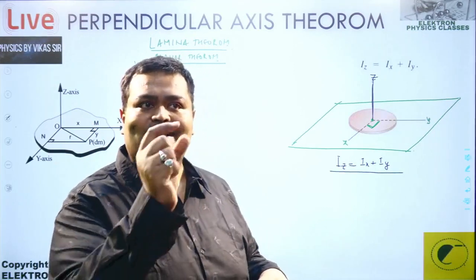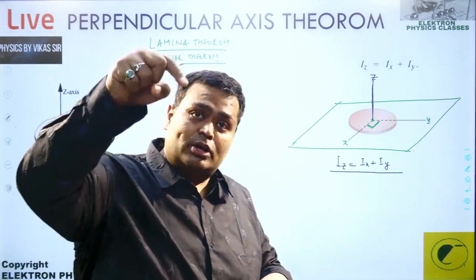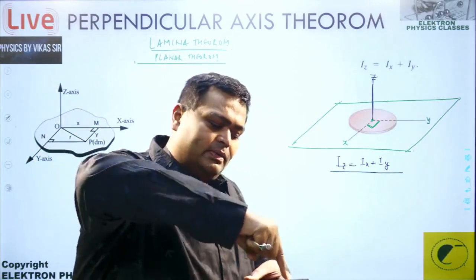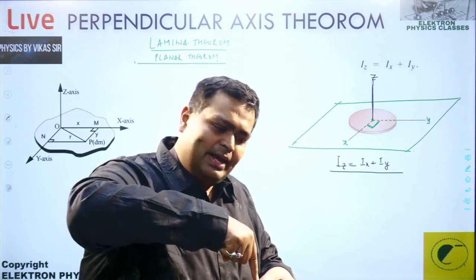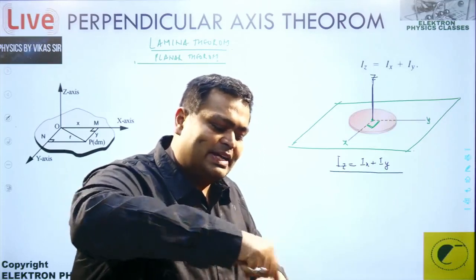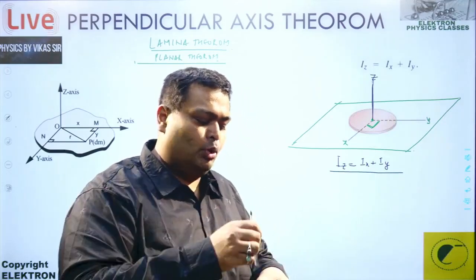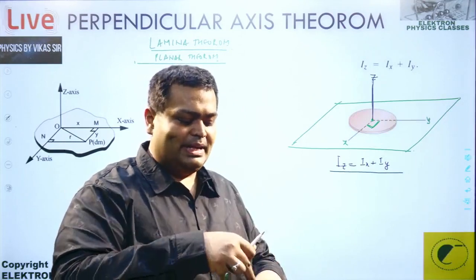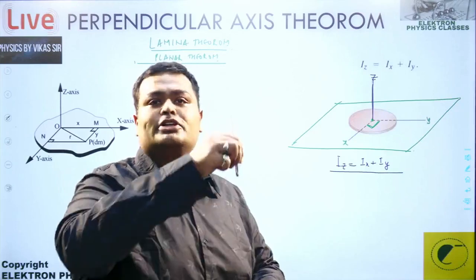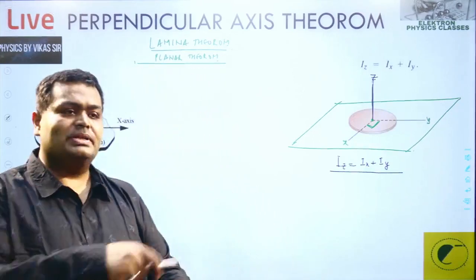So mi common, xi square plus yi square, and that xi square plus yi square will be this side, because this is xi, this is yi, and this will be zi. This will be zi, the hypotenuse, and so that will be the perpendicular distance here. So that will be mi zi square, and that will be the moment of inertia here. It is that simple. Ix plus Iy equal to Iz.